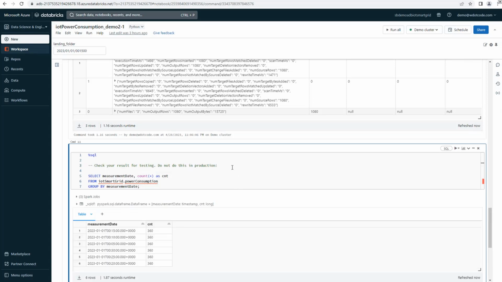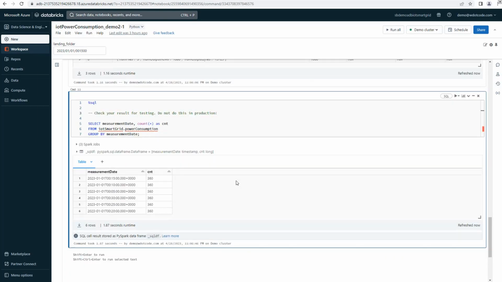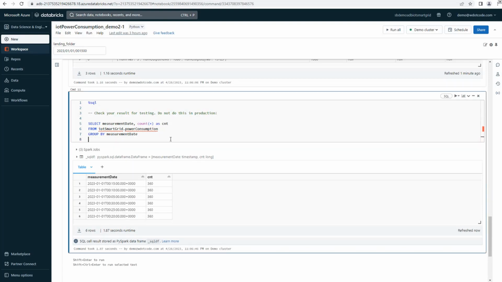Generally speaking, we should comment this out in production. We don't want data to be outputted in our notebook if possible. But for testing purposes, it's perfectly good. So as you can see here, we have data coming in. There's about 6 rows of data, ranging from, maybe I should just do an order by here to make things